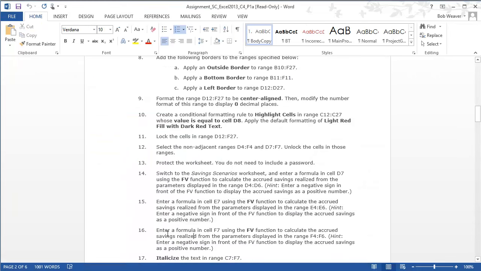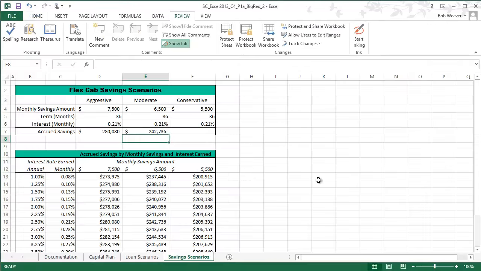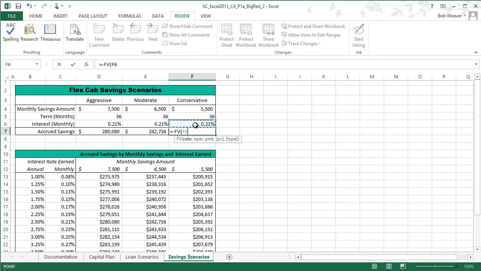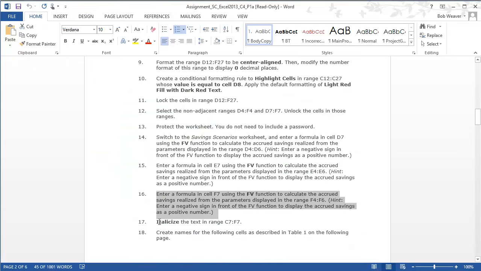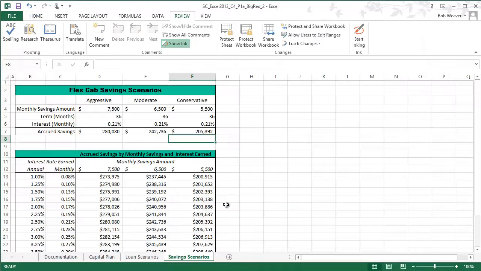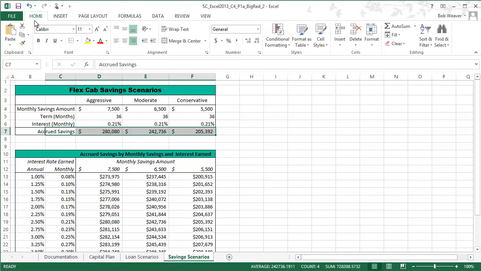And step 16, go to cell F7, use the future value function to do the accrued realized savings from F4 to F6. Same thing, equals minus future value, rate, comma, and I'm actually pressing the comma on the keyboard here, 36, comma, future value. Italicize the text C7 to F7. So C7 to F7. I'm going to use the italics, which is back in the Home tab, the italics font there,